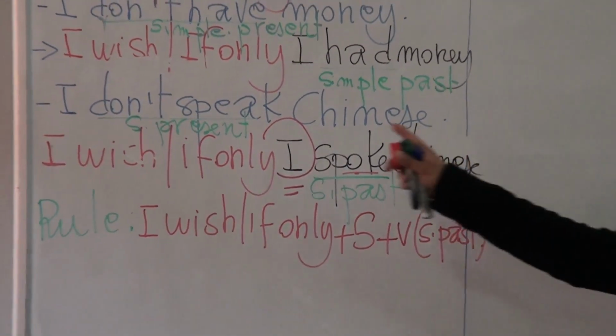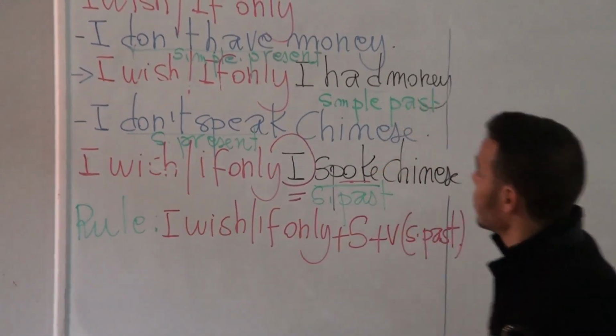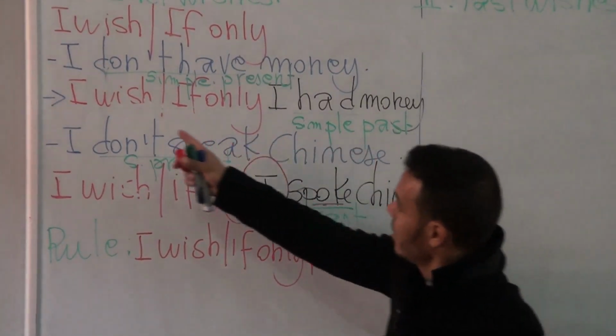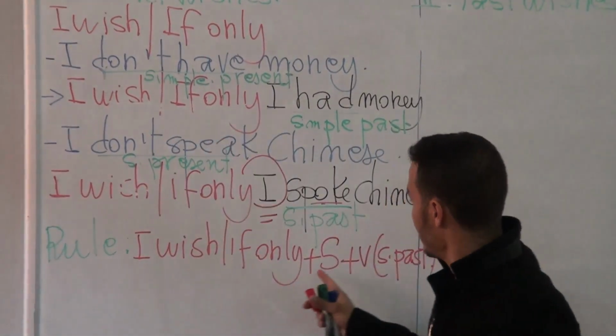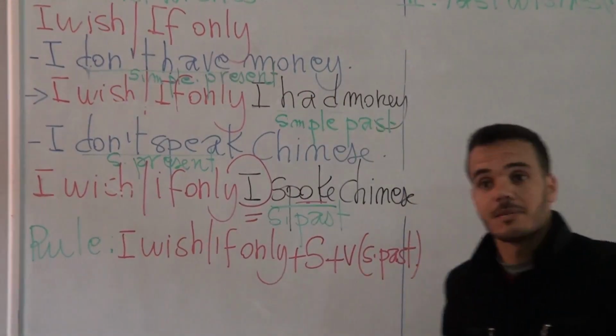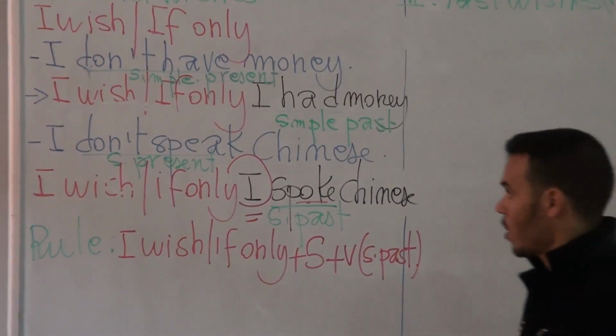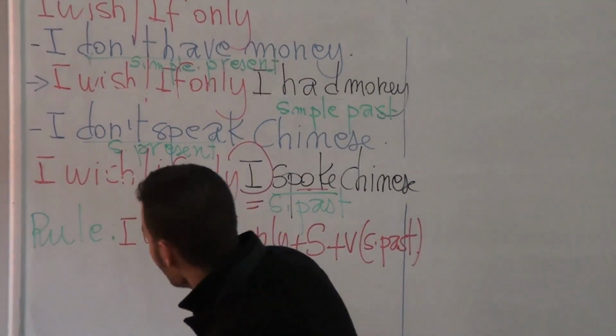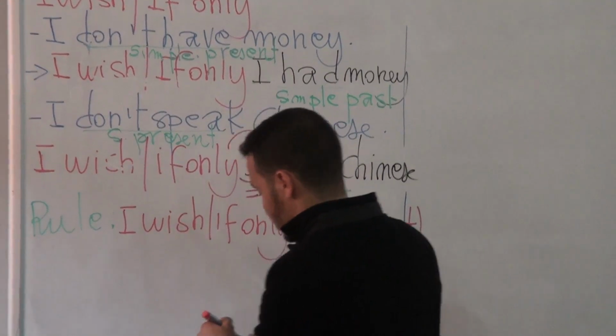Alright? The same thing for the first example. I don't have money. I wish, or if only I had money. So here, I wish, or if only, plus subject, which is I, plus the verb to have in the simple past. Now, why do we use, or why do we make a wish about